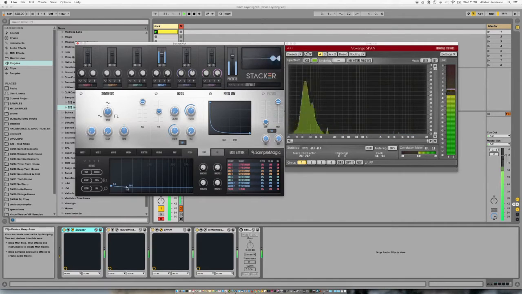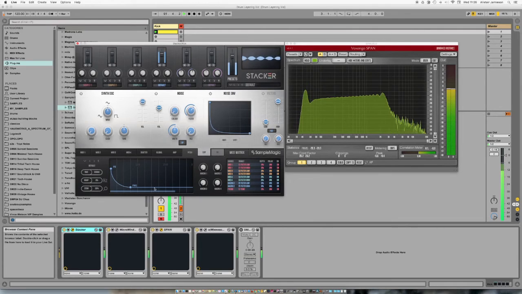Let's add another breakpoint and increase the start position of our pitch envelope, and similarly to our amplitude envelope and noise envelope, we can change the curvature. Let's just boost the white noise a little bit. What's really good about this is we can add in another breakpoint and change the end position of our kick to get some really low frequencies in there,